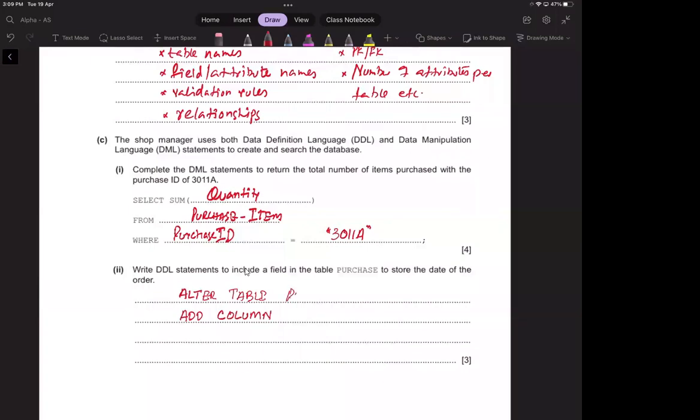Alter table purchase, add column, date of the order, order date. Order date of type